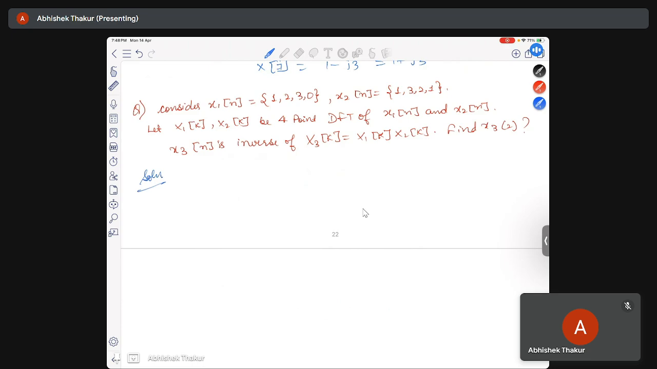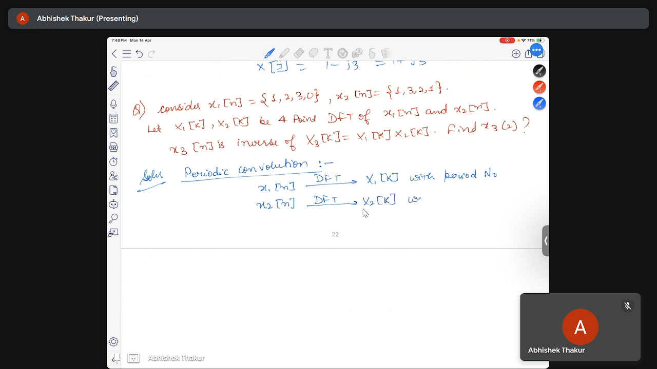So we know the periodic convolution thing. It is a question of periodic convolution. In this, if x1(n) has the DFT as X1(k) with period N0, and x2(n) has the DFT X2(k) with period N0,